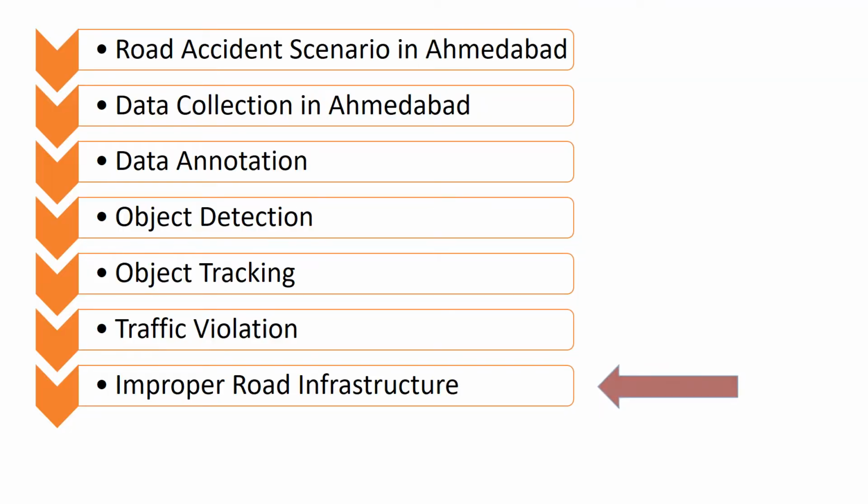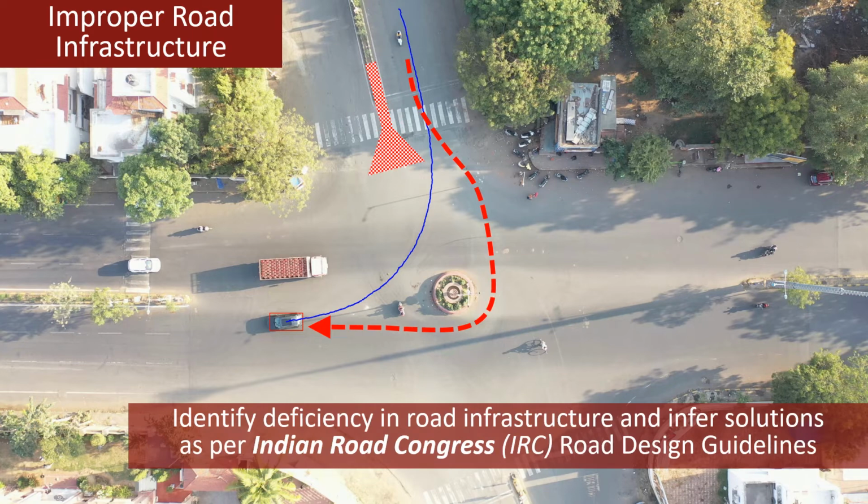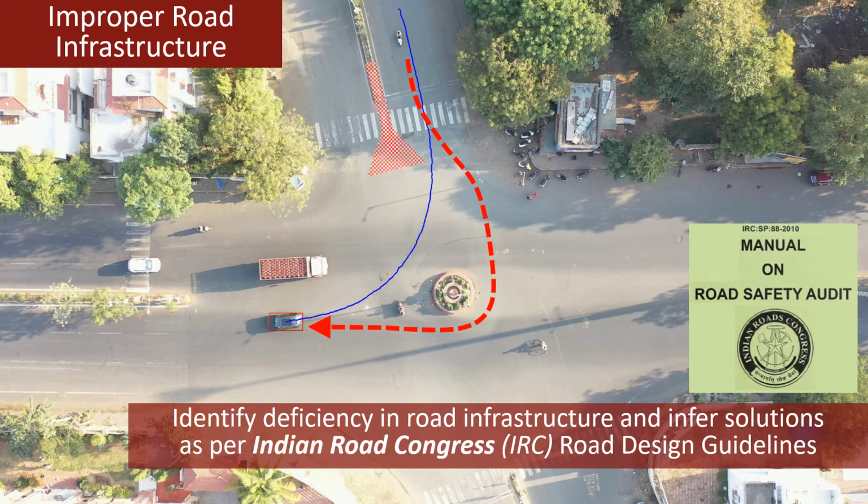Let us look at improper road infrastructure. In this example, we can identify the deficiency in road infrastructure and then infer that splitter islands should have been used to deflect the black car towards the left, so that the car goes around the roundabout, to take the